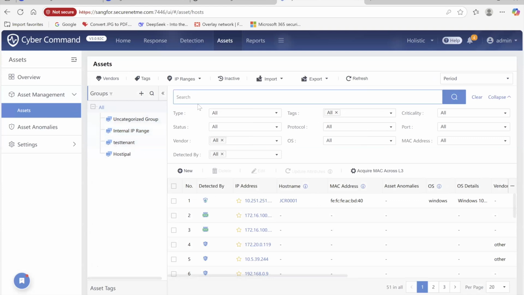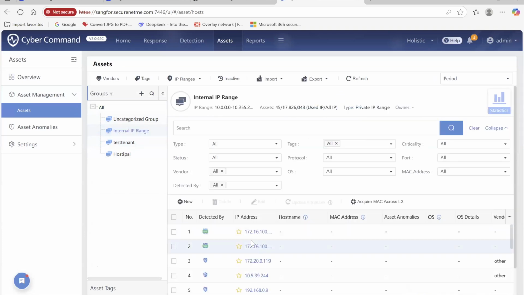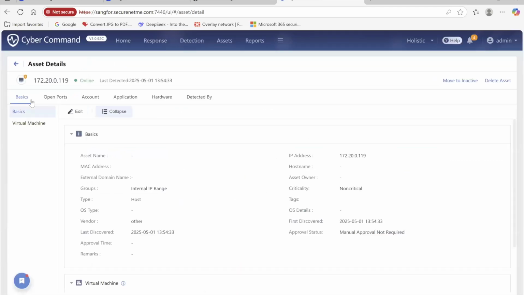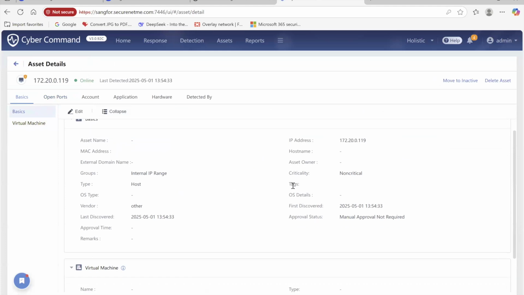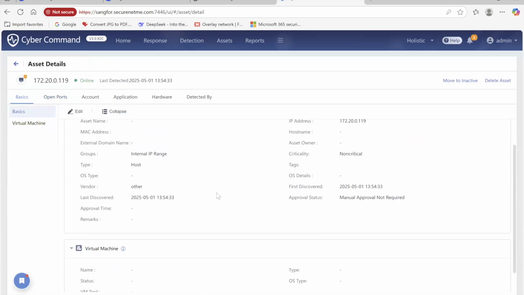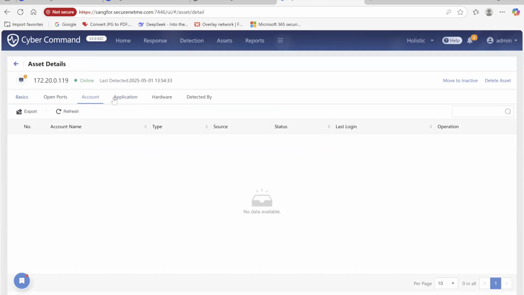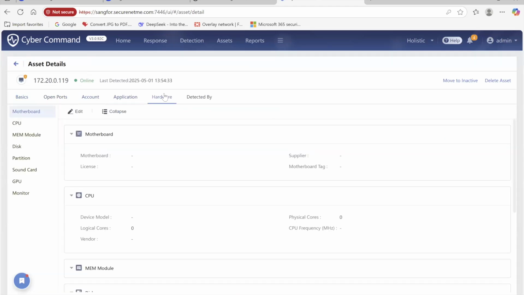You can synchronize in here, and when you click the department, all the department assets will be showing here. Just click in, and you will find we collect a lot of information like basics, IP address, and also the groups, operating system types, virtual machine, account, application, and hardware,